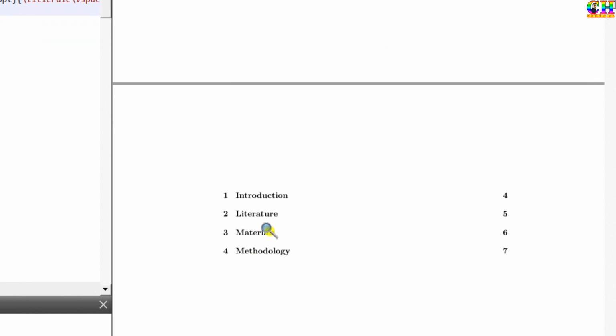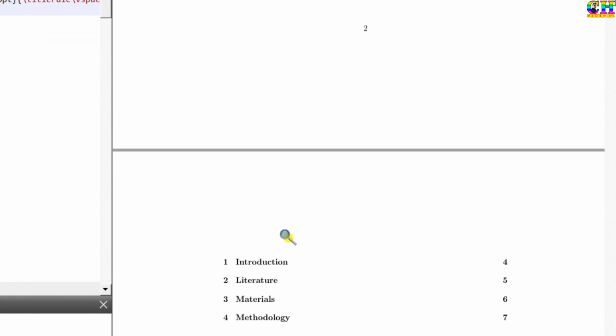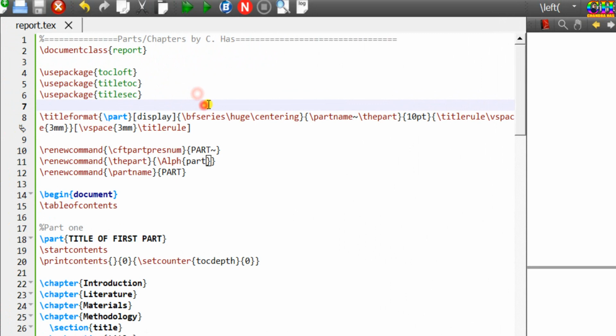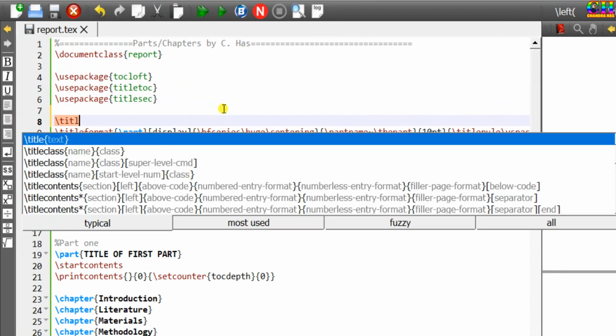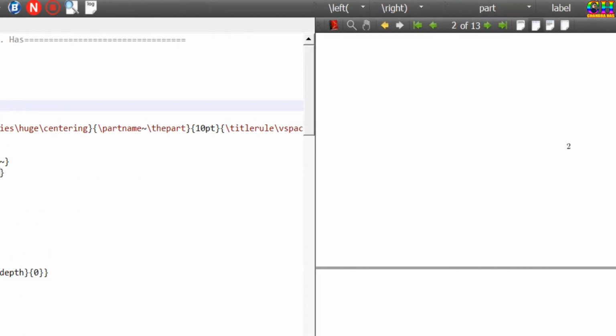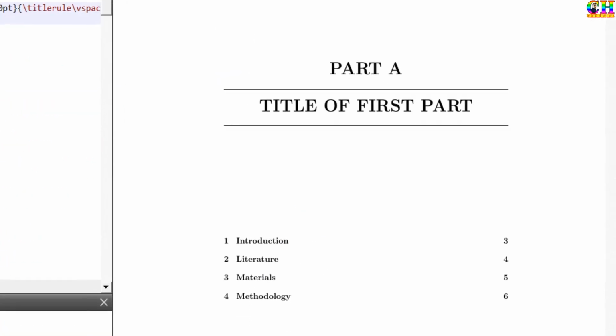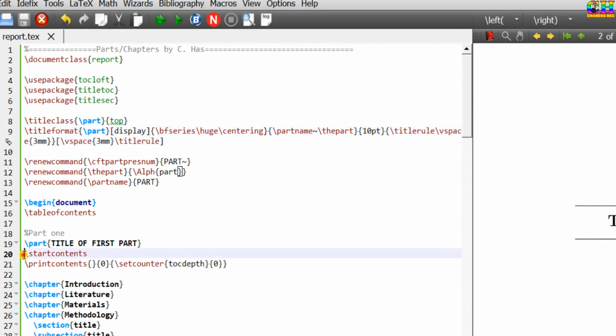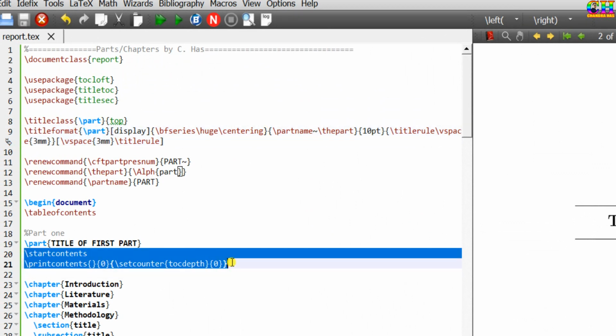For shifting this we need to use one more command, which is known as titleclass. Titleclass, name of the sectioning command, that is part. There are two options, top and straight. Here we need to use top. These commands we can use with titleformat.